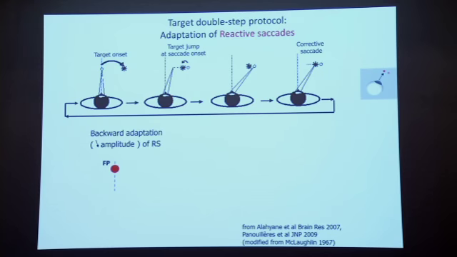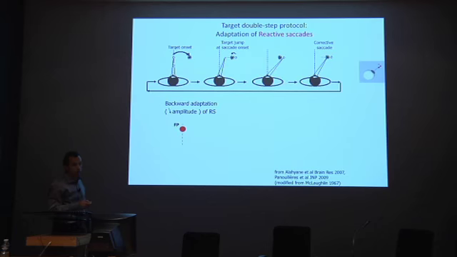the saccade, so that the subject is unaware, does not notice this perturbation, as long as the size of this perturbation is not too large. But if you step the target back in this way, at the end of the primary saccade, there is an error, and this error is used for two corrections: an immediate correction, which is the corrective saccade, and then when you repeat this kind of error over some tens or hundreds of trials, there is a triggering of the adaptation processes.